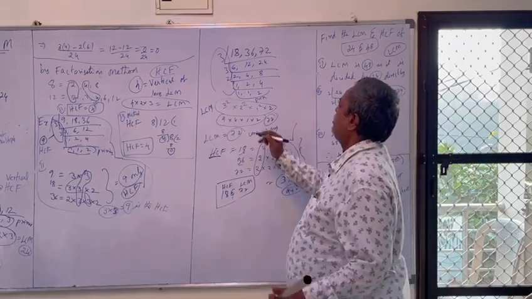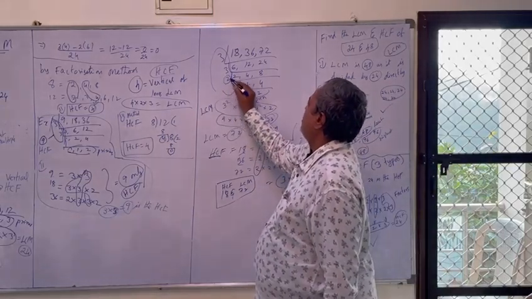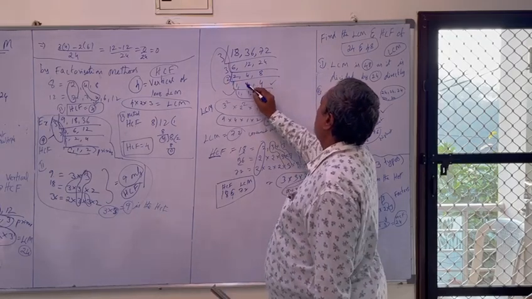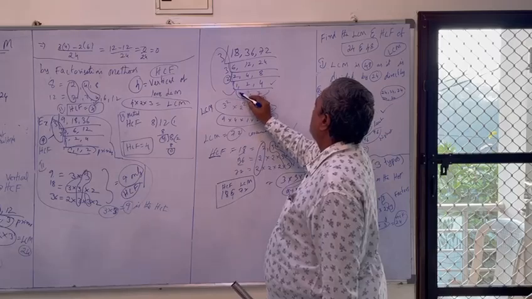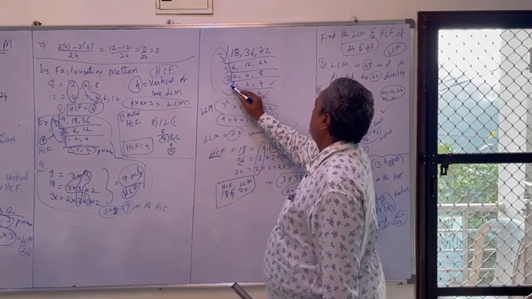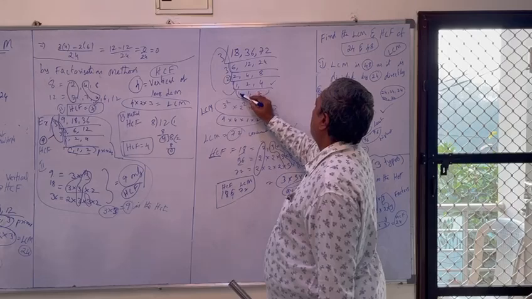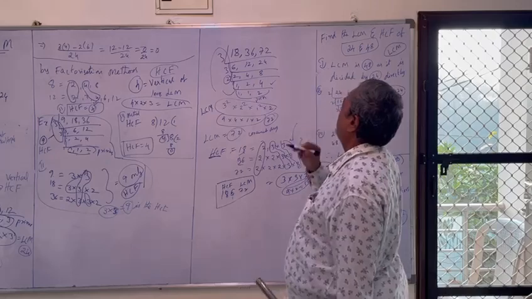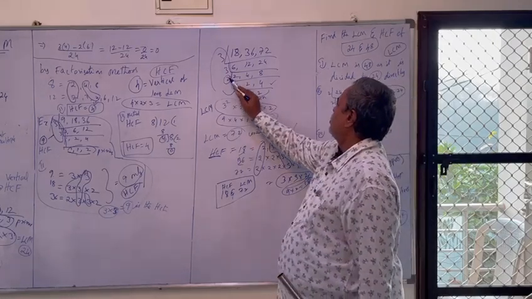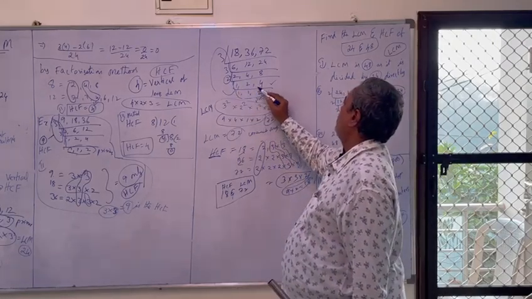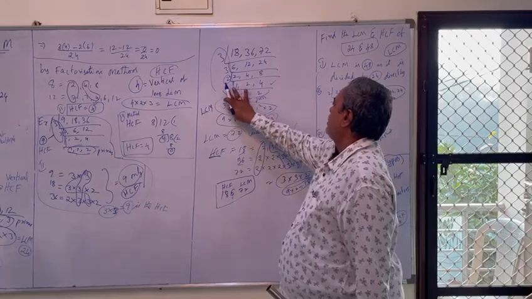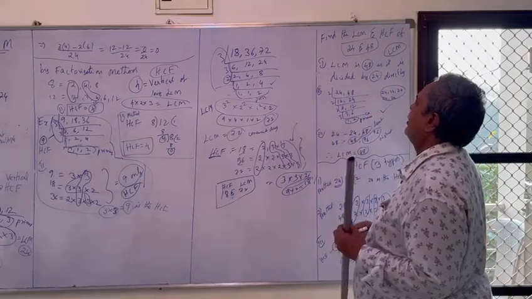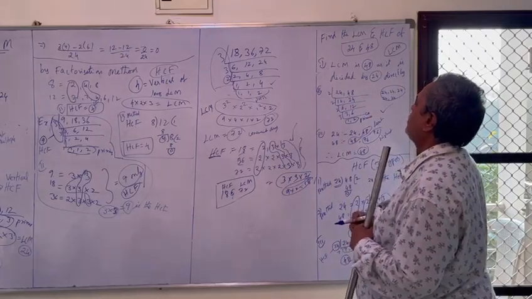But this 2 is not useful for HCF. Why? The 2 cannot divide all 3 numbers. That's why here we have divided only here. Oh yeah, here it can be divided. I have forgotten. 2 1s are 2, 2 2s are 4, 2 4s are 8. Leave up to here. What is this? 3 3s are 9, 9 2s are 18.